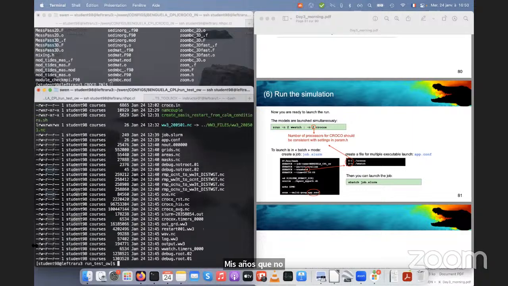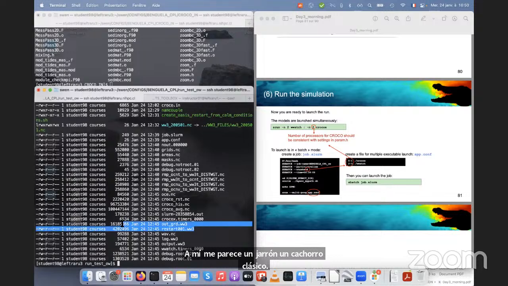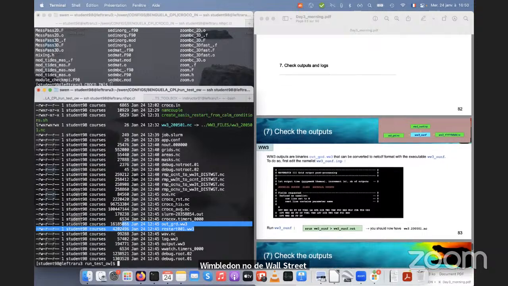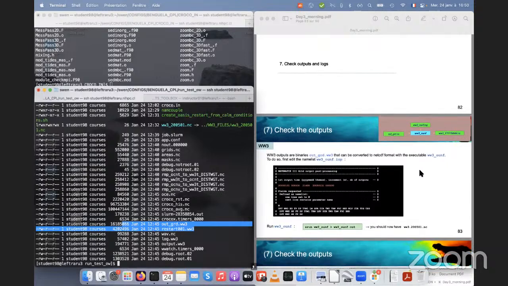And you can also have a look at your classical output files. For CROCO, you have restart, history and average files. And for WaveWatch, at the moment, we have one restart and one grid, so typically bulk wave variables, but in binary mode. So if I want to look at them in netcdf, I can use the unf in the namelist. So I will edit it